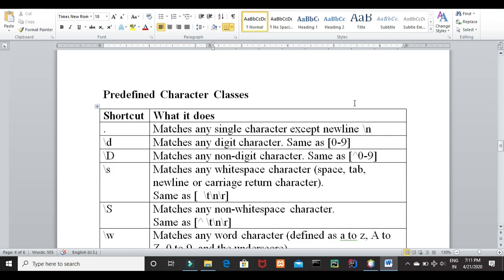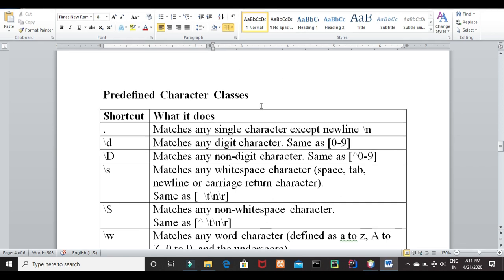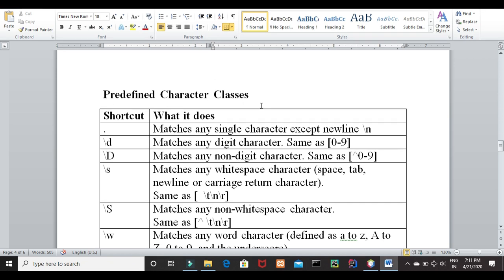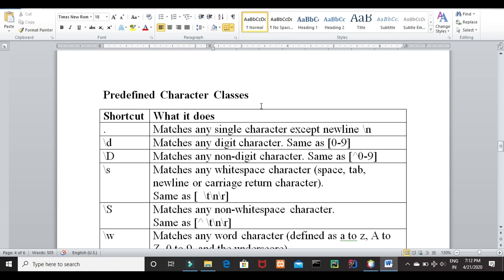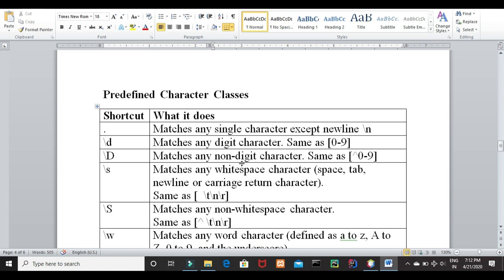Next come the predefined character classes. This is just a revision of what we have already covered in JavaScript. Let us see the next table of predefined character classes. We will see examples of each of these once I explain all these things. Some character classes such as digits, letters and white spaces are used so frequently that there are shortcut names for them. In this table we will see the shortcuts.